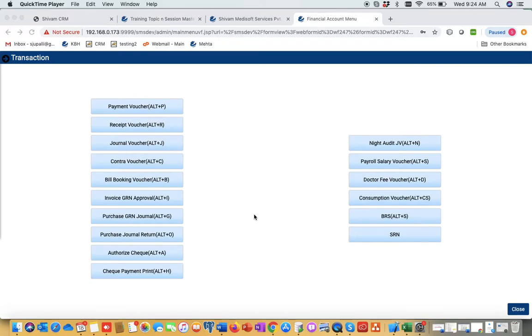This is a session about purchase journal and purchase return journal of financial accounts. So you can see here purchase GRN journal. First, what is the process of purchase journal GRN journal? First of all, I will tell you in HMS,